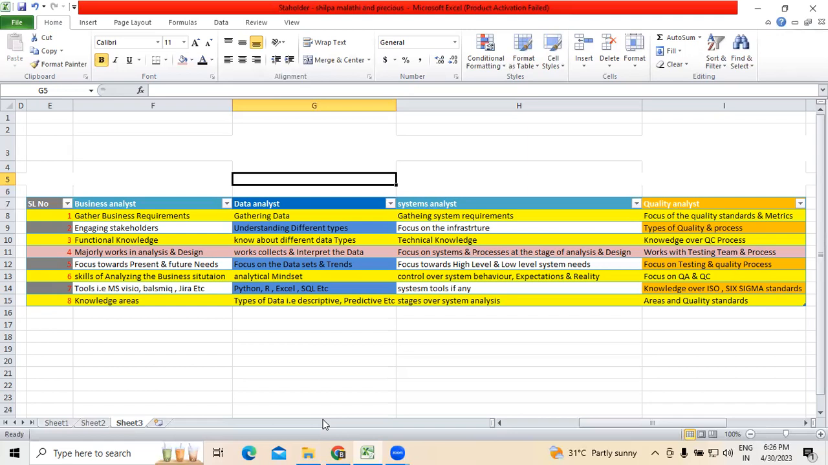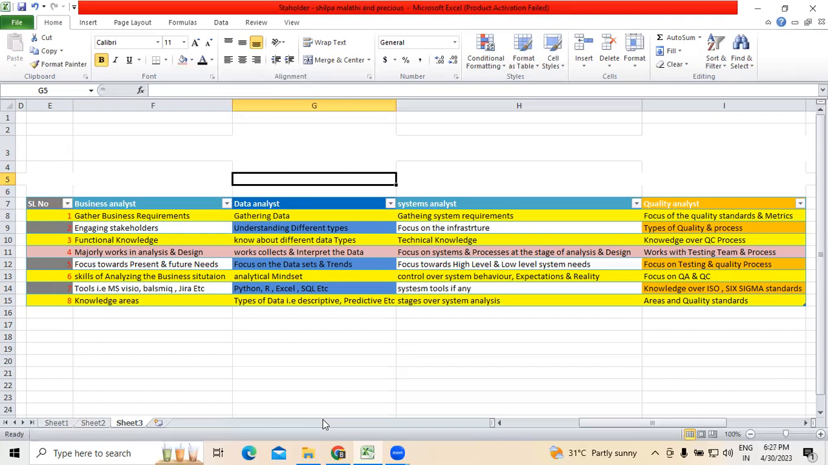They should have knowledge over the cloud environment. All these things, that sort of knowledge is required in reference to the systems analyst part. Next, when we talk about a quality analyst, they should have knowledge over the QC process, the quality control process, because how are you going to maintain the quality standards and what are the